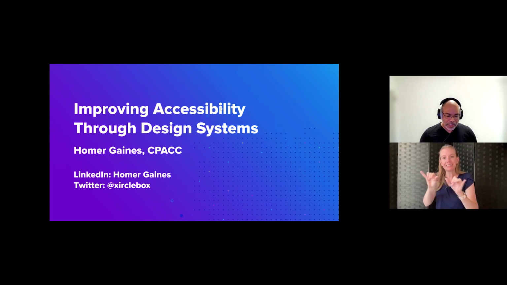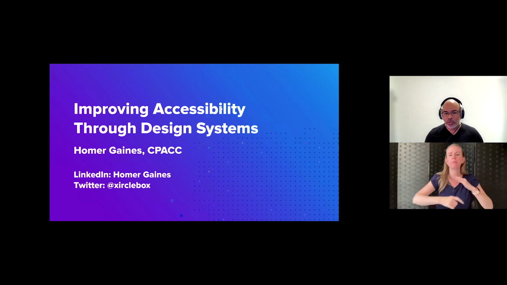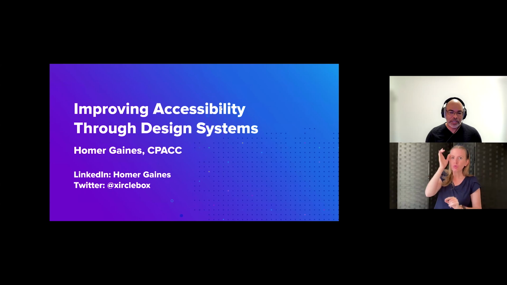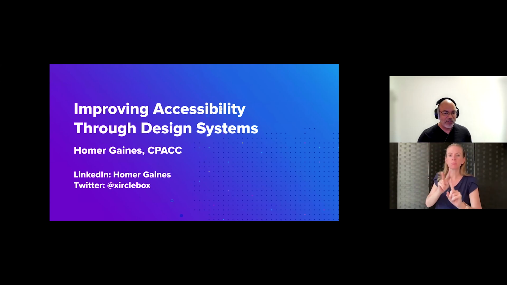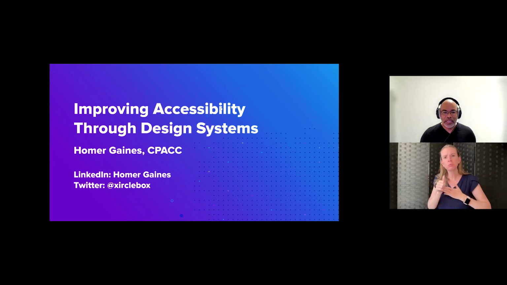Now, what this talk will not be, it will not be an in-depth talk about how to actually structure or build a design system, but more these will be concepts that you can apply to design systems that you may have in place, or for one that you want to get started, some rules and some guidelines that you may want to follow to kind of help smooth the process along when you're introducing accessible components.